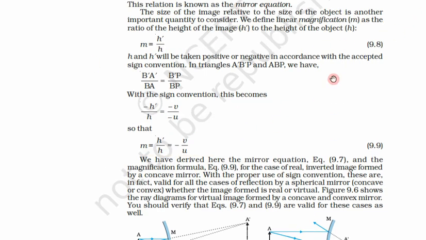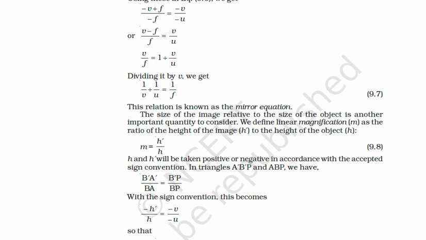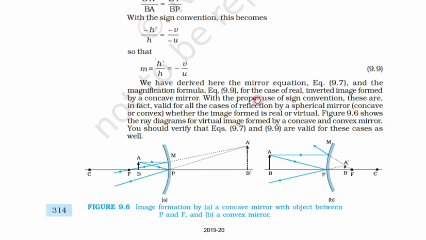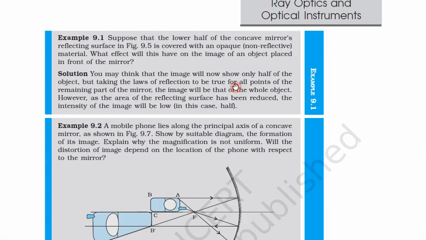So please remember these formulae, and remember there is a plus sign when we solve this mirror equation. There is no negative sign, but remember this because this will be helpful later when we come to the lenses. 1 by v plus 1 by u is equal to 1 by f for the mirror equation, and magnification is minus v by u. This is for mirror.